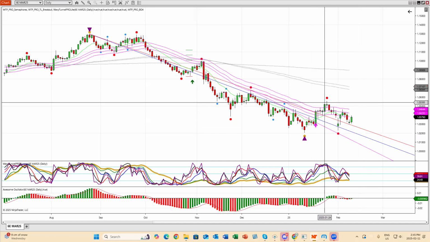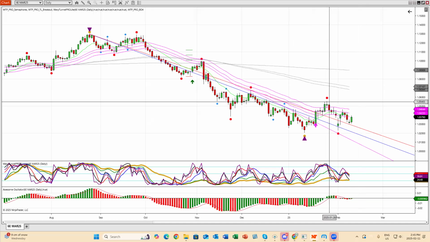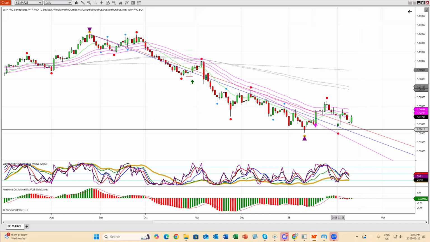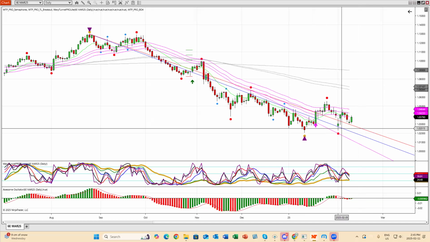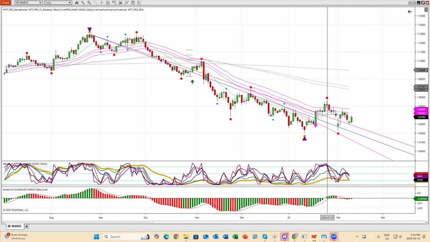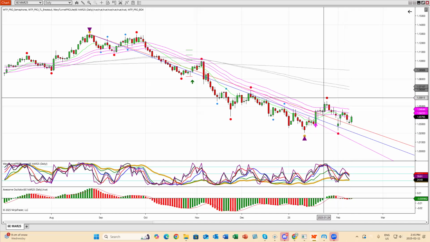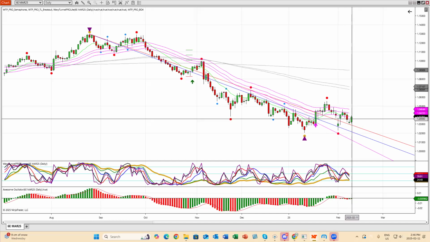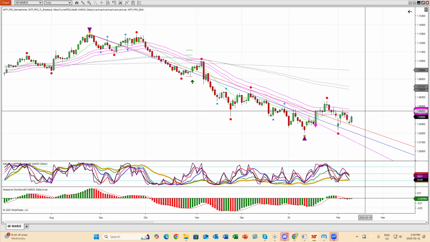This is the first time since the drop that we've actually corrected into above the wave, and we didn't make a new low. We almost made a new low below this purple semaphore, but we didn't. What I don't like is that the yellow bungee is still close to the lower reversal zone. So we need to take out these highs and these highs for us to make it up here. That's the next line of defense. Do I think we're going to do that? I don't know. The pattern looks like we might do that.